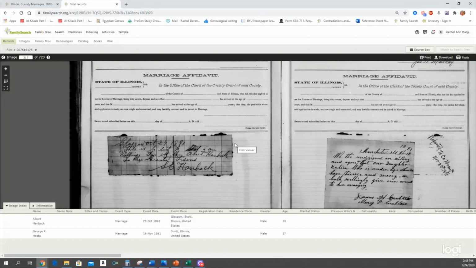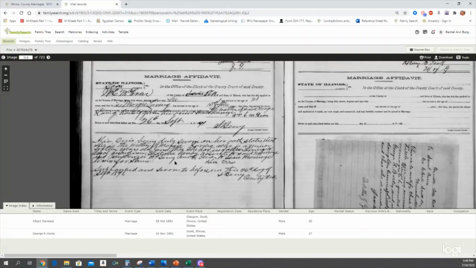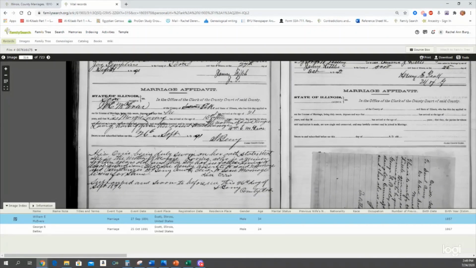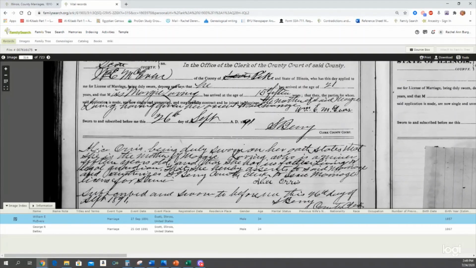He goes on and on about how much he loves her and about how this man better take care of her and he's trusting her. And then in the end, she does give his permission. And so you can get some real gems if you're lucky enough to find these and if the county does still have them, which Scott County does. Now, what makes this even more important for your research is you'll note this is on the license, you didn't get the mother's name.